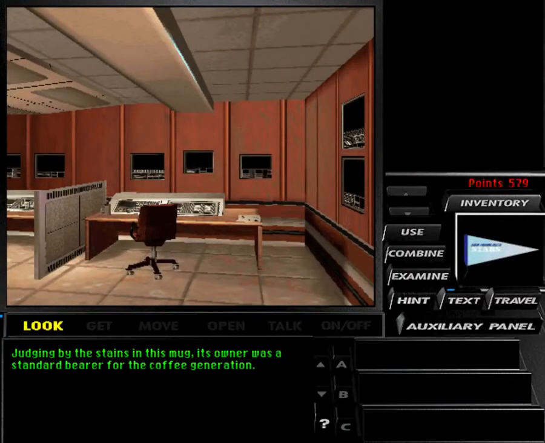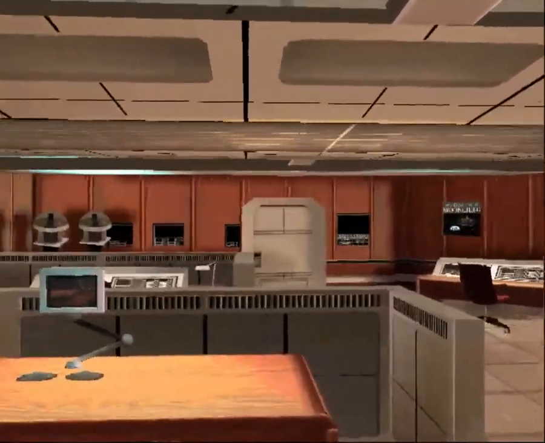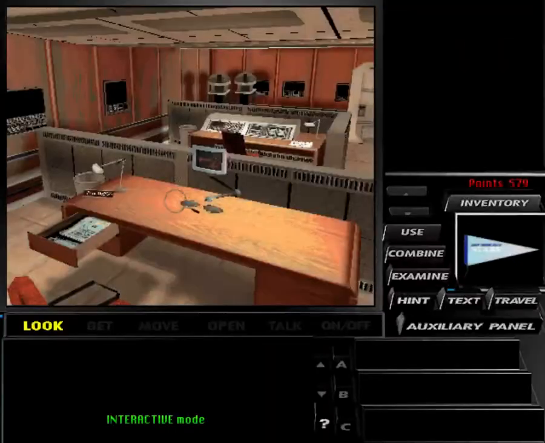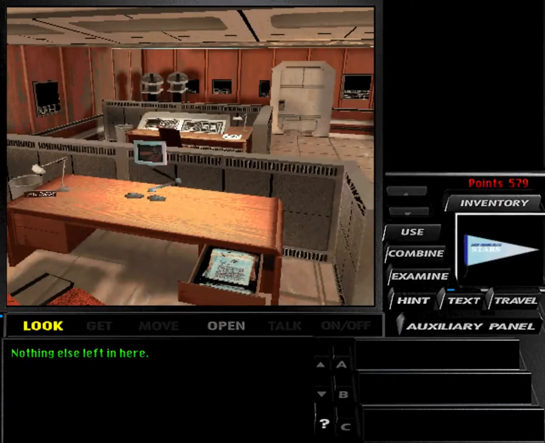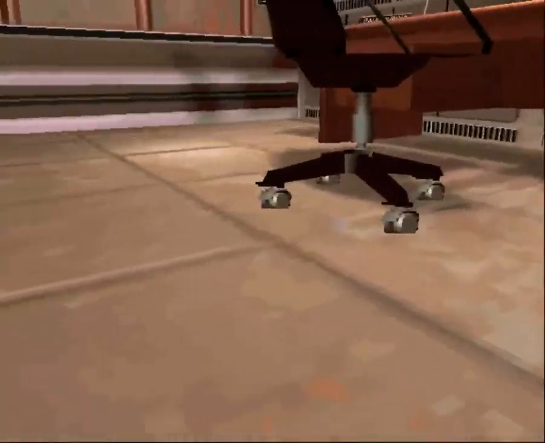Judging by the stains in this mug, its owner was a standard bearer for the coffee generation. And yeah, here's the desk of Paul Dubois. Stand up straight to look at these. Nothing else left. And I don't think there's anything in his drawers. And I'm just going to go ahead and...